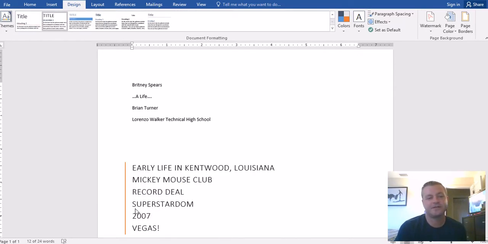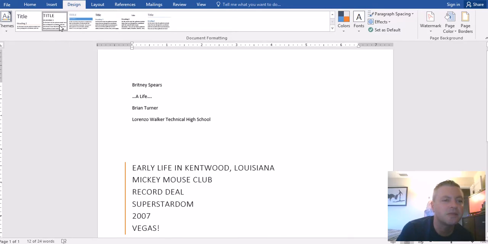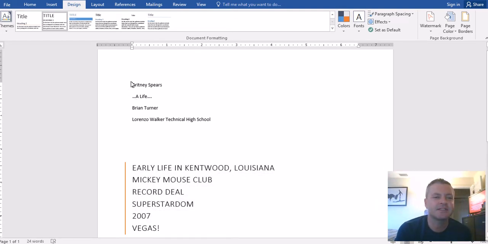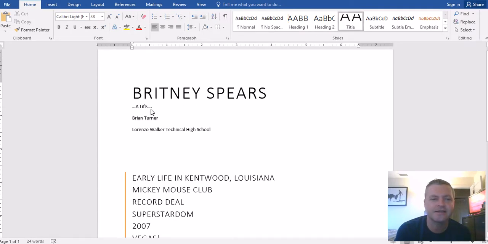I really like this one, how it has the little line right beside it, and I'm probably going to use that same style. This style is called, if I hover over it up here, come on, give me my screen tip, people. Minimalist, yeah, because that's me. I'm a minimalist. All right, so I'm going to go ahead and set this one to title under the Home tab. If you haven't done all this already, go ahead and do all this. Title, A Life is going to be my subtitle